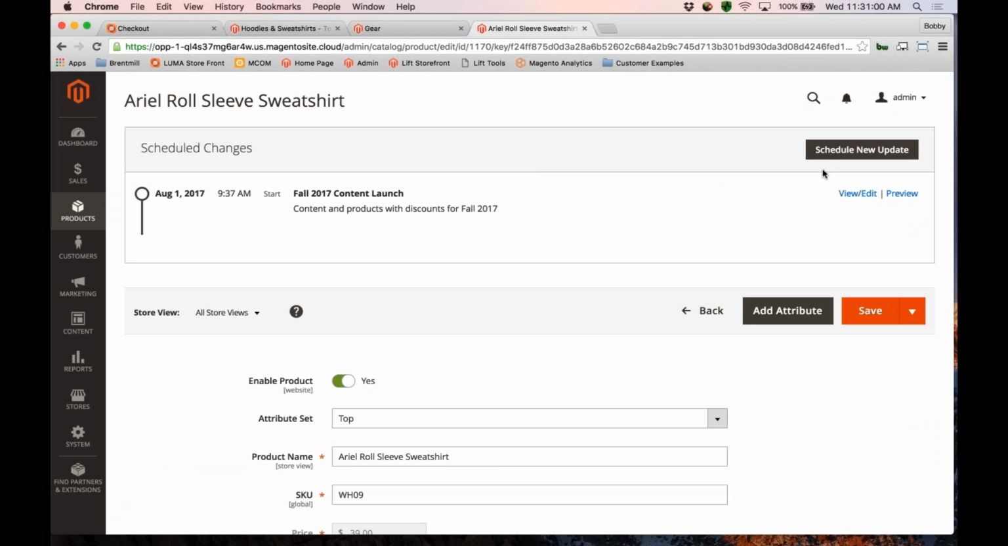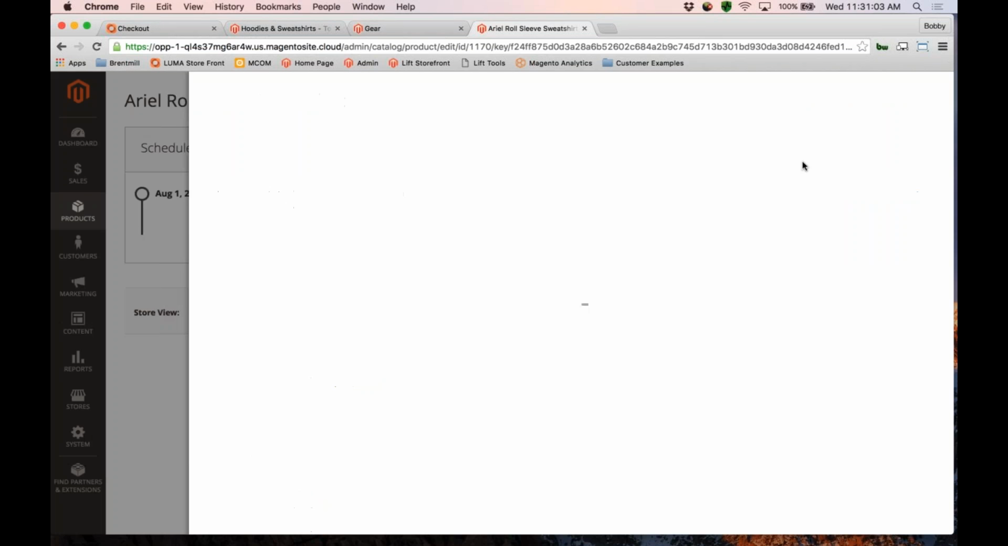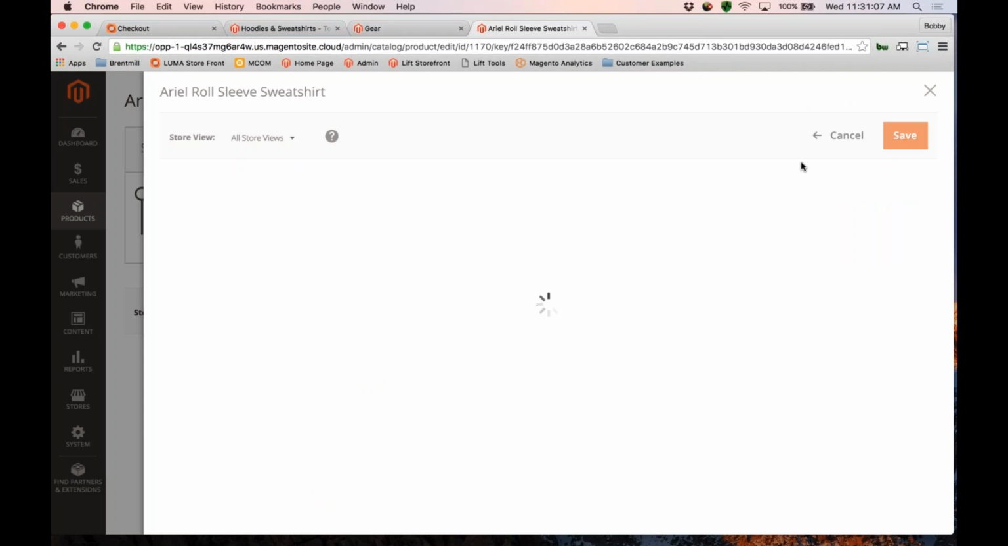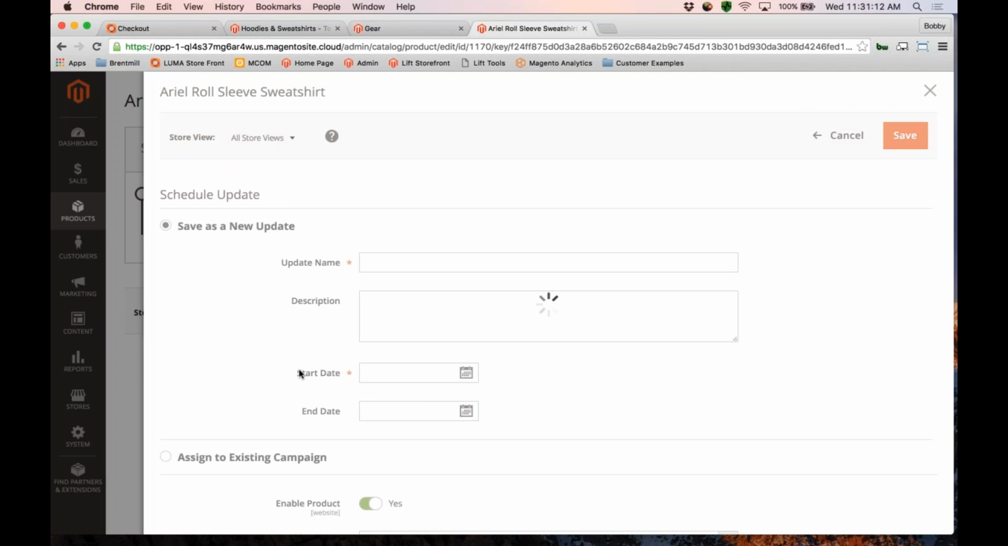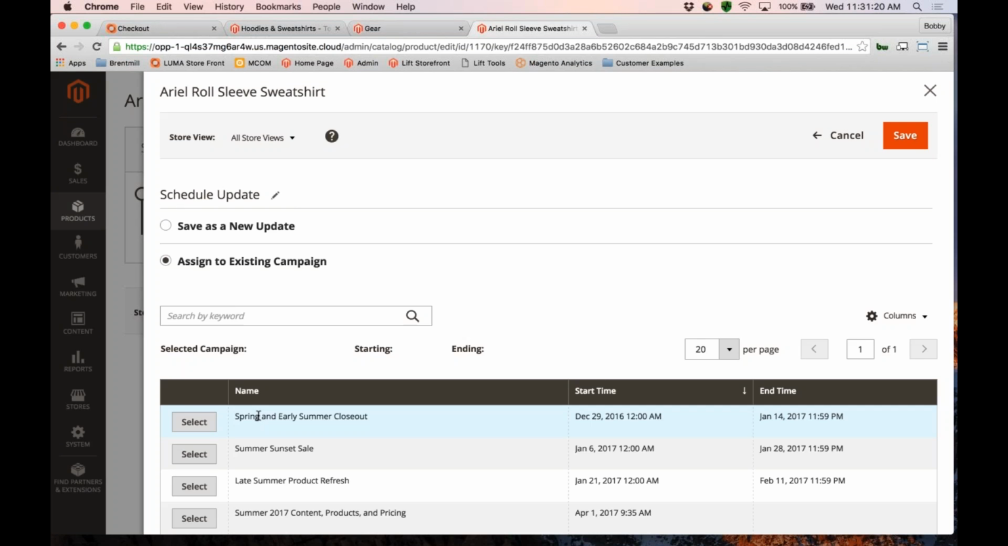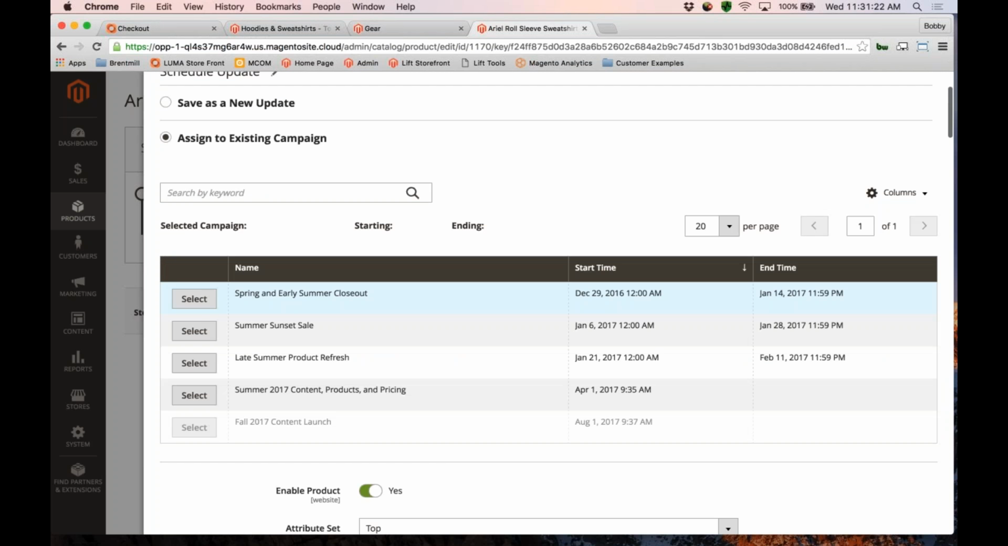If I want to schedule a new update, all I need to do is click on Schedule New Update. This allows me to make other changes to this item and either create them as an entirely new campaign, or I can assign these changes to campaigns that may have already been created. So if I take a look at assign to an existing campaign, maybe we want to make this part of the changes that we're going to be launching for the Summer Sunset Sale. I'll go ahead and select that campaign, and then down below I can start